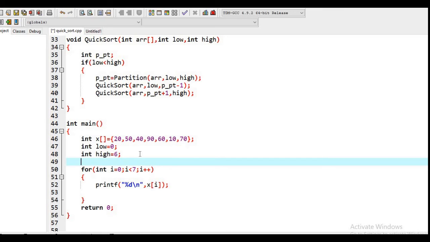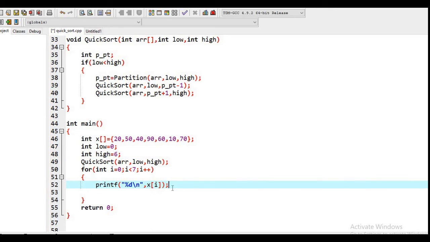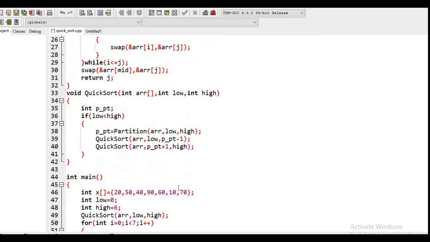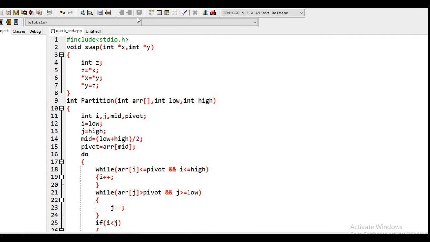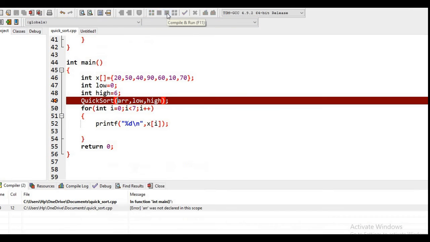Okay, now we'll call the function quicksort from main, and what we are going to pass is the array and the value of low and the value of high, like this. Okay, and that's all, and here we will print the sorted array. So let's save this program and then compile.